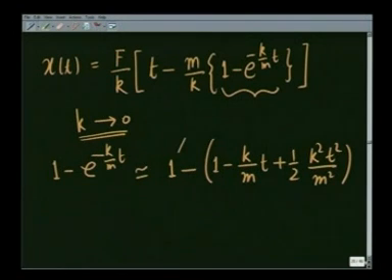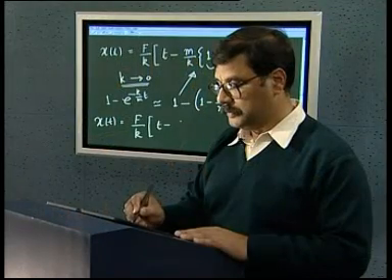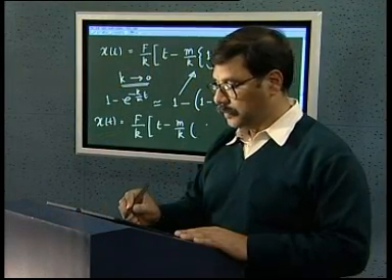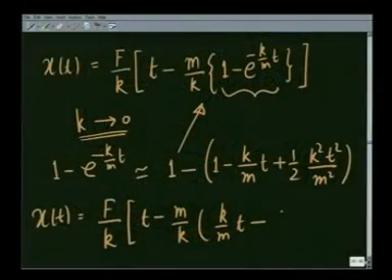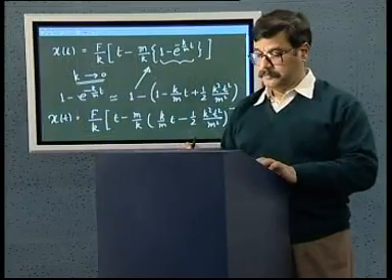Substituting this in here, I get x t is equal to F over K t minus m over K times K over m t minus 1 half K square t square over m square, and expanding it further, I get